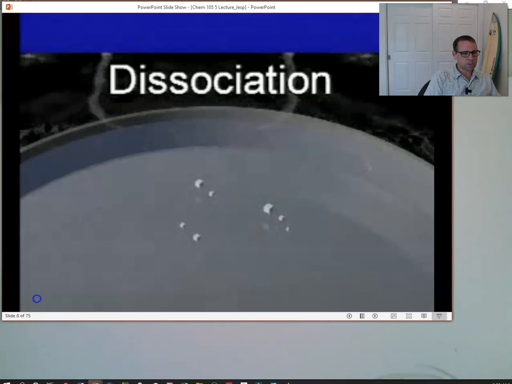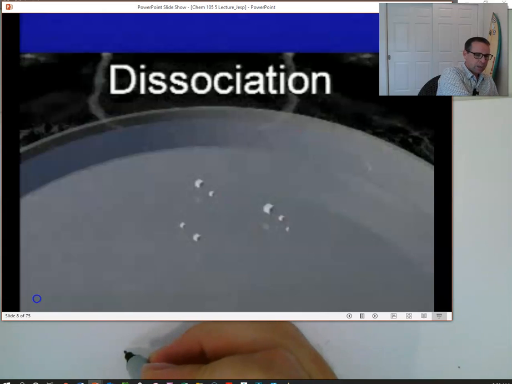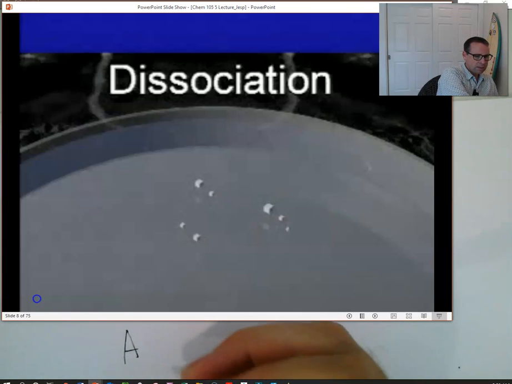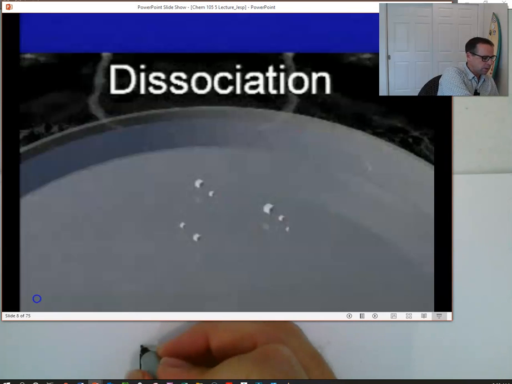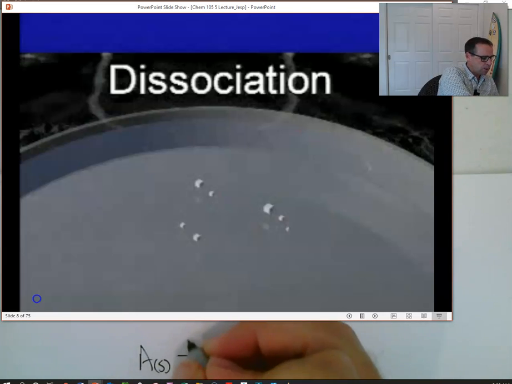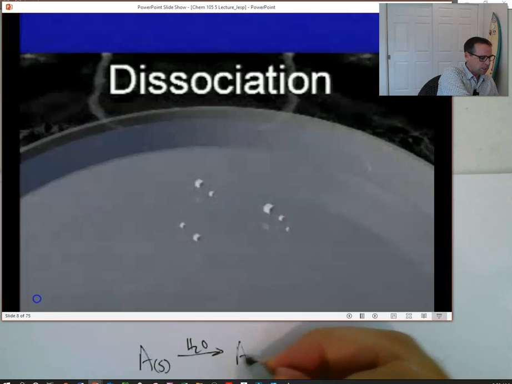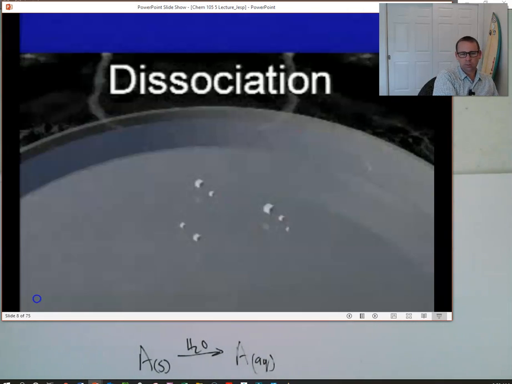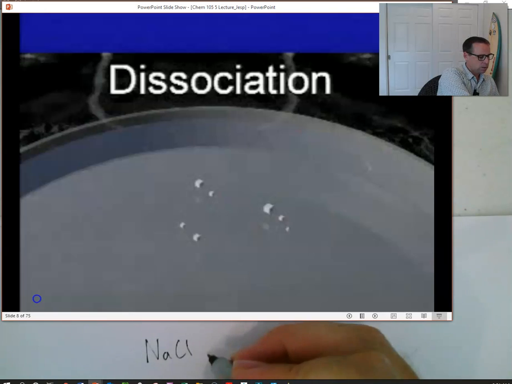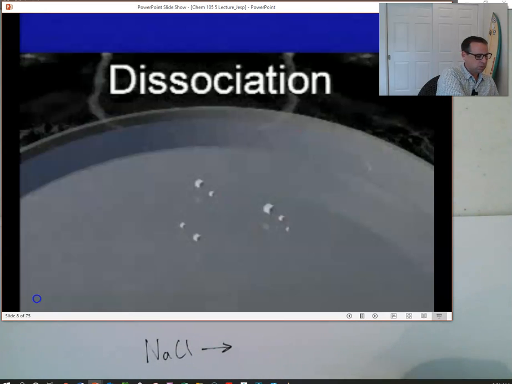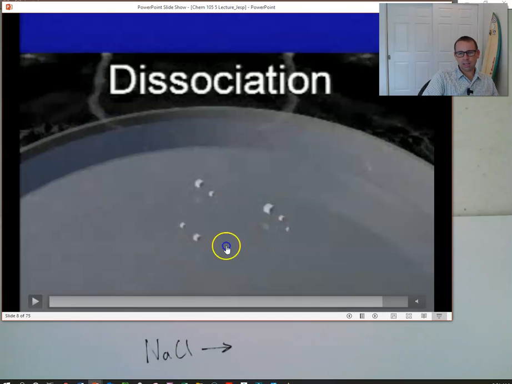What's the difference between dissolving and dissociating? If I take a compound and put it in some water and make it aqueous, this reaction is called dissolving. But if I take something like sodium chloride and dissolve it into water, because sodium chloride is